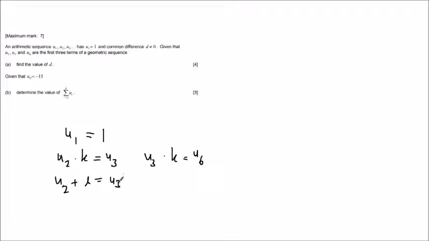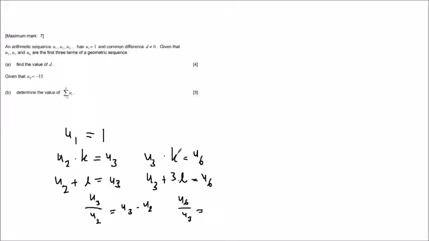But u3, you have to add 3L for it to be equal to u6. So basically, what I'm thinking is u3 over u2 is equal to u3 minus u2, and u6 over u3 is equal to